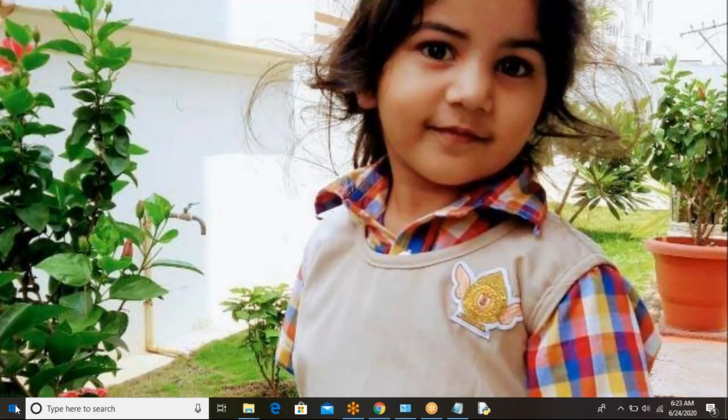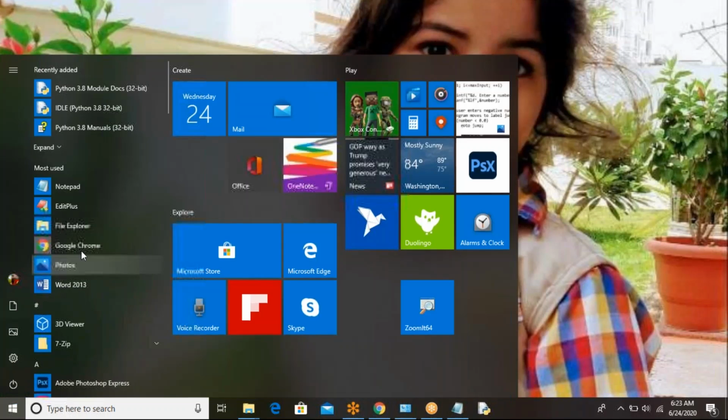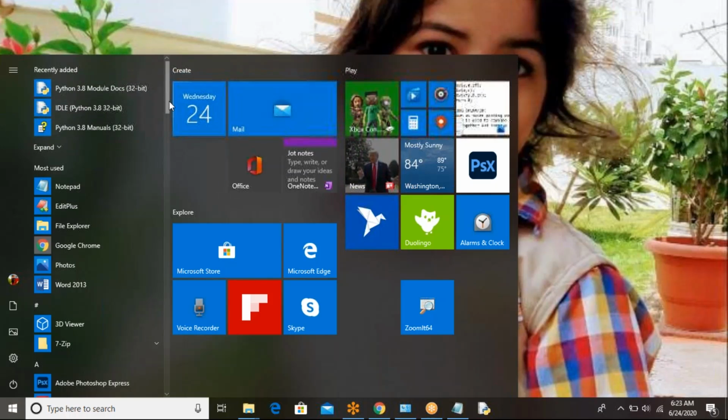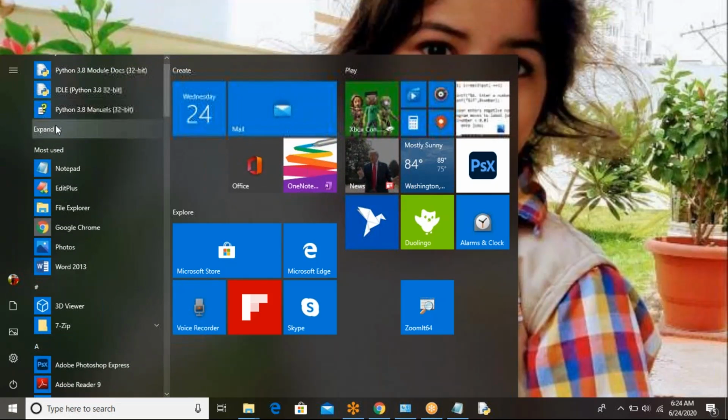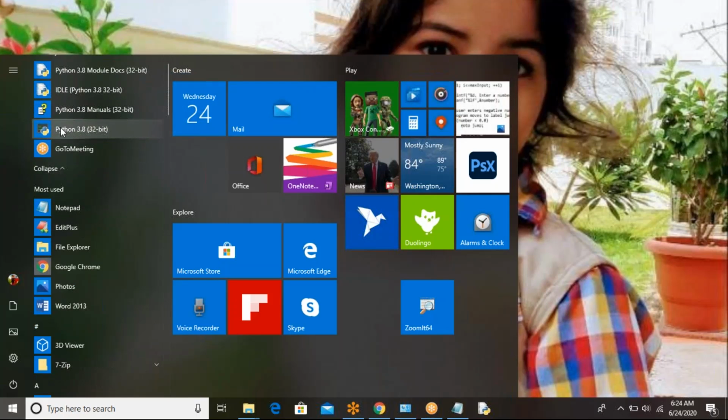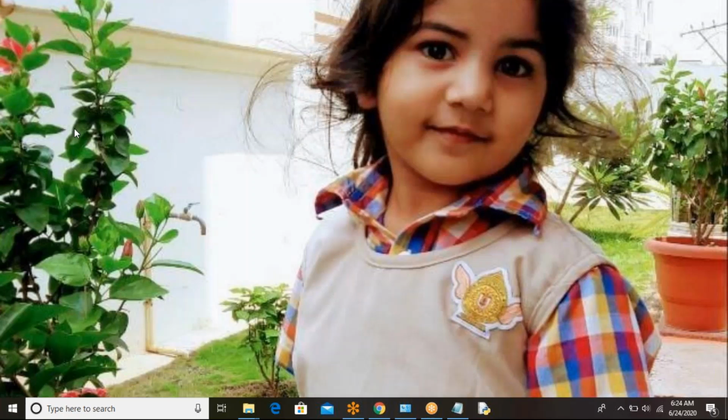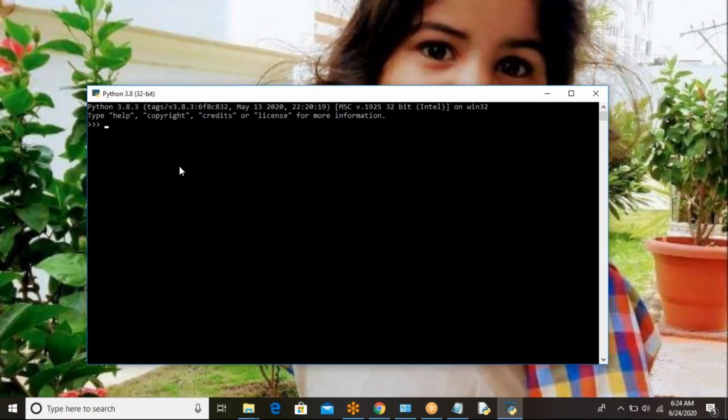Next, again go to the start menu. IDLE we have pinned to the taskbar. Modules and manuals we'll see next. Now the command prompt is here. Go to the Python 3.8 command prompt. Here also it is the same thing, so you have to pin it to the taskbar.